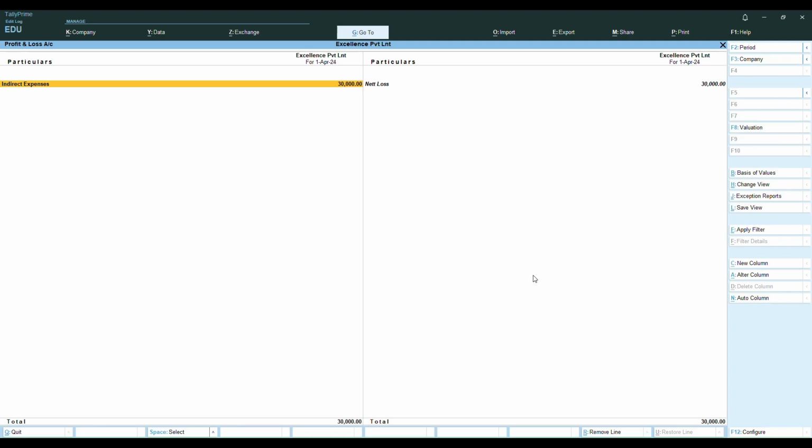Now let us look at the profit and loss account. What you can see is the profit and loss report, where we can keep track of all transactions and profit and loss details.